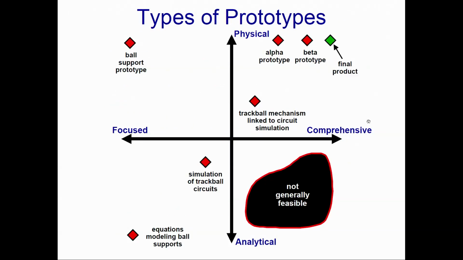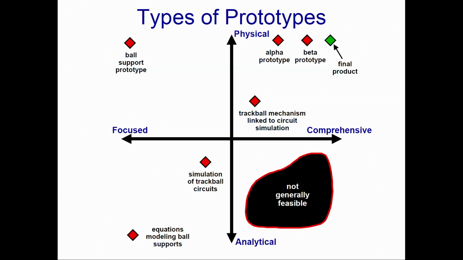So, the next one I will talk to you, which I have tried to emphasize last time. It is not easy to have all the items as a fully analytical thing. Not easy to put equations for each and every aspect of a product. And here we want a comprehensive physical product. So, we can have all these final prototypes. Eventually everything falls in place, and to avoid a lot of time consuming work, we end up with rapid prototyping.